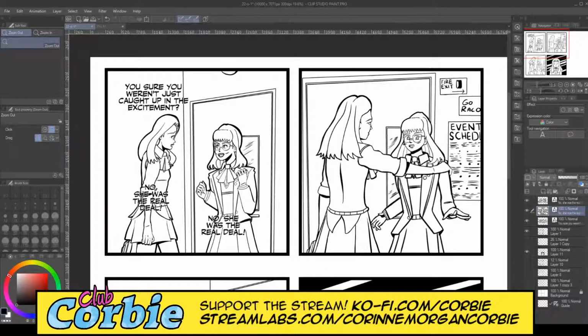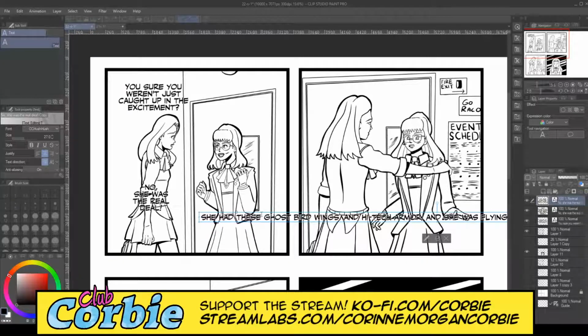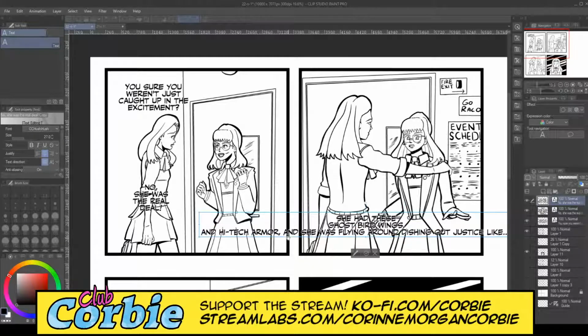Okay, this is going to be the bubble that's going to do me in, I think, because when I wrote this dialogue, I wanted it to seem like Sadie was really breathless and just kept talking, but making this work as an actual bubble and not